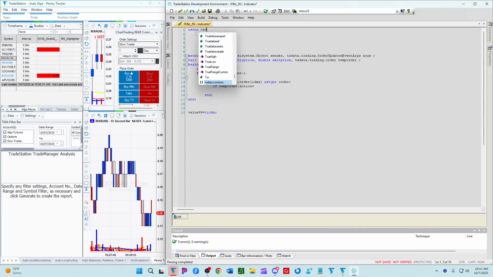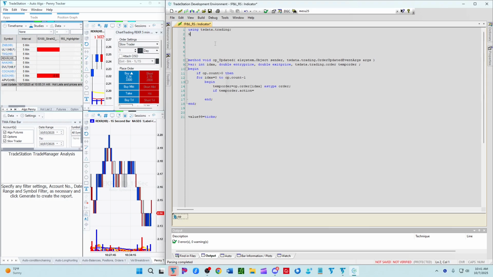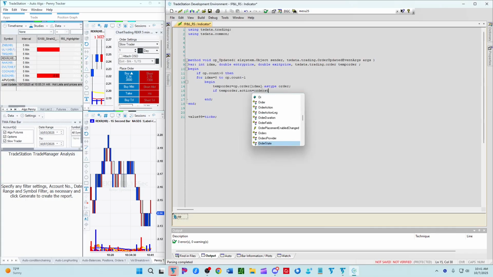using tsdata.trading and using tsdata.common, so we don't have to spell out these namespaces every time. So if the order action is, let's see, hang tight. Yeah, okay. All right, so if the order action is order action dot buy, then